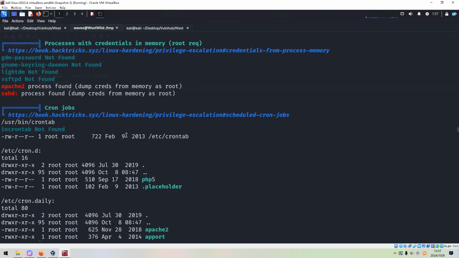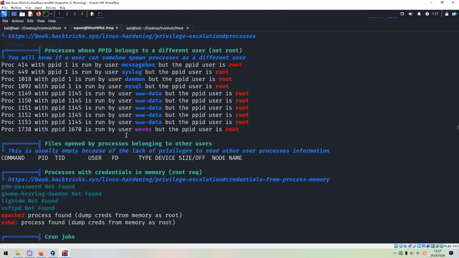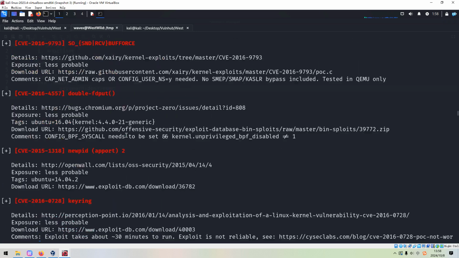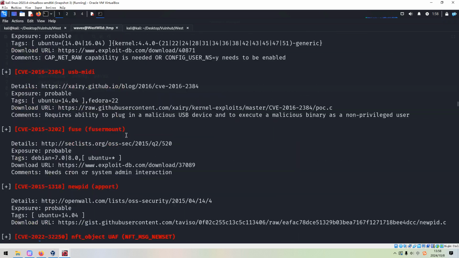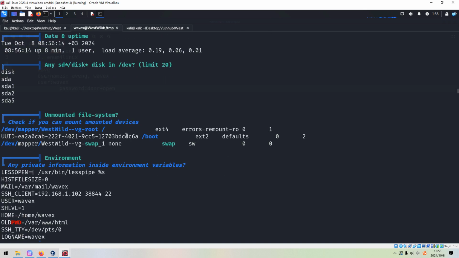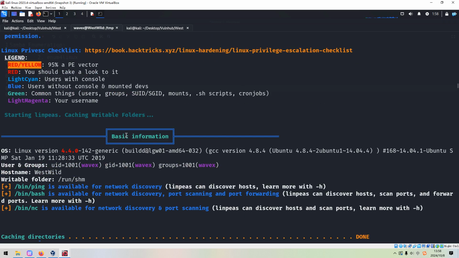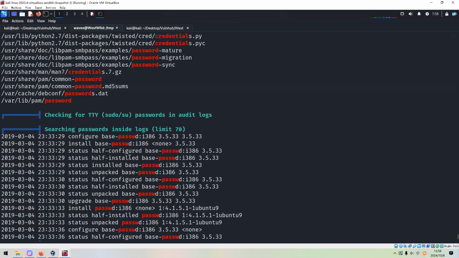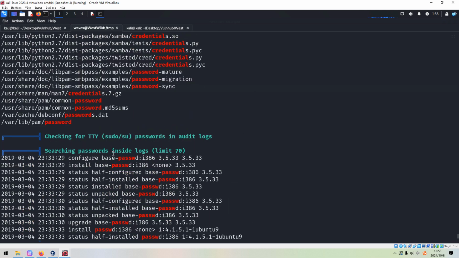Cron jobs, processes, local exploits. Searching passwords inside logs.